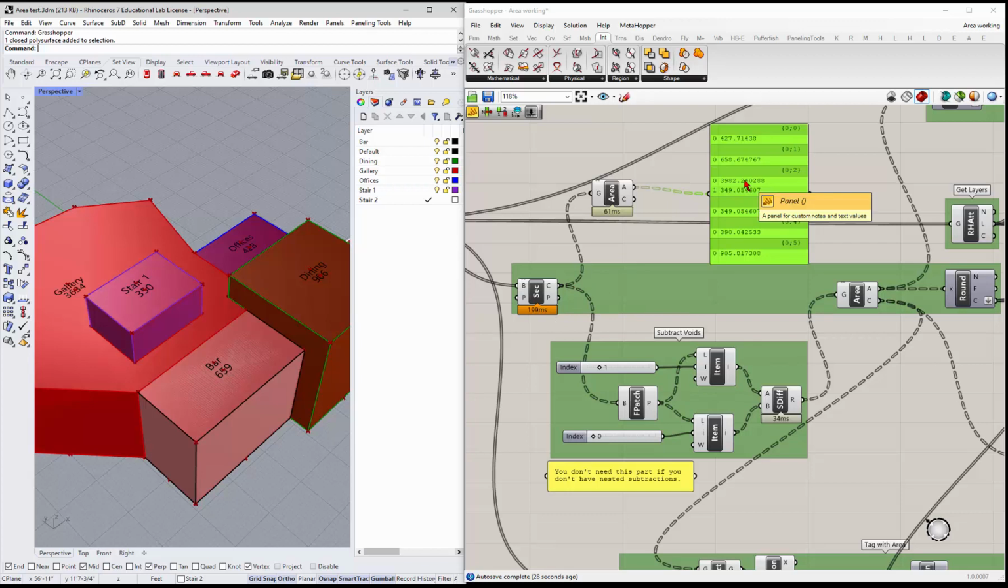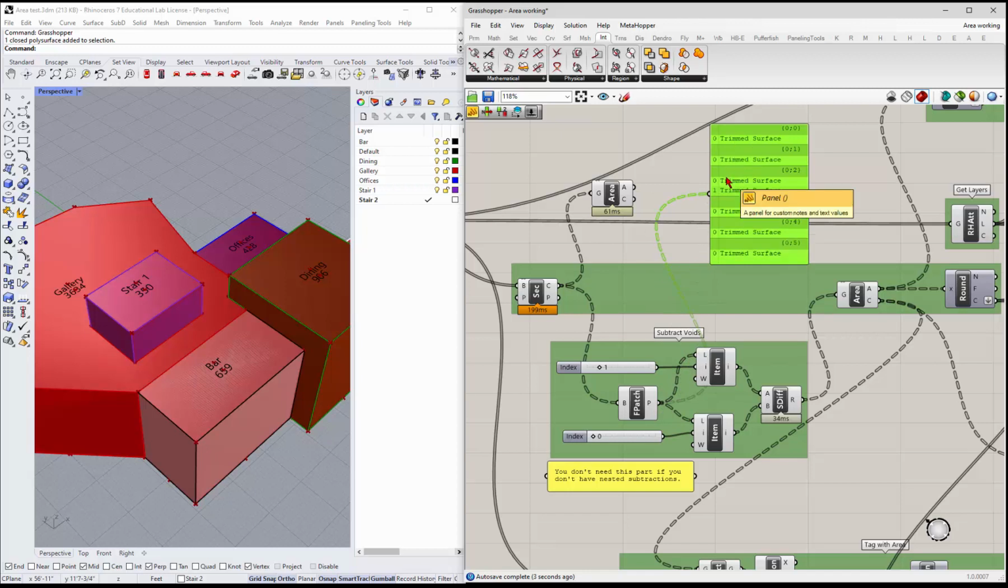So if you have a simple situation like this, what you can do is take these curves and make them into patches, so you get trimmed surfaces for those patches. And then you list the item, 0 and 1. So here's item 1 and here is item 0. And if we look back at the area, we want to subtract item 1 from item 0. So if we go in and do that